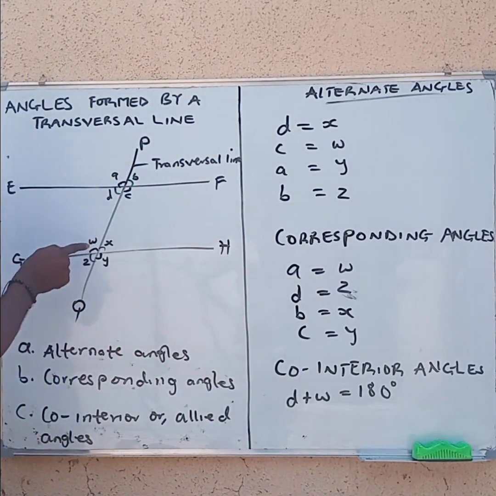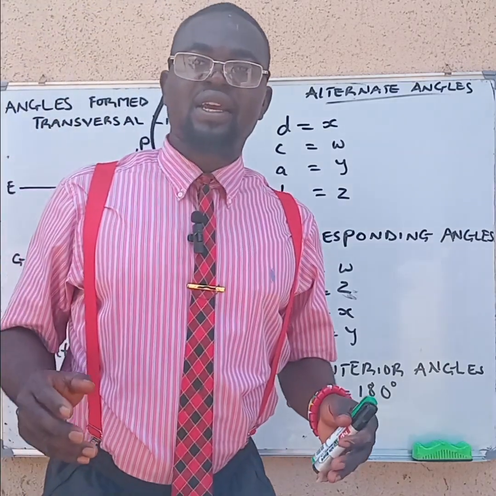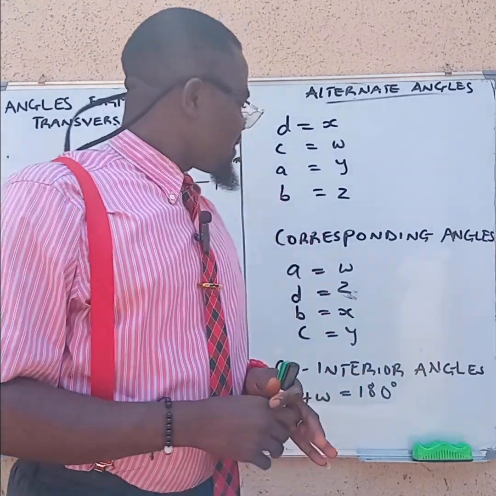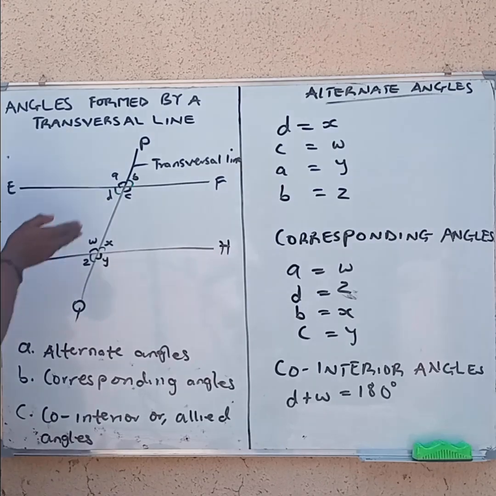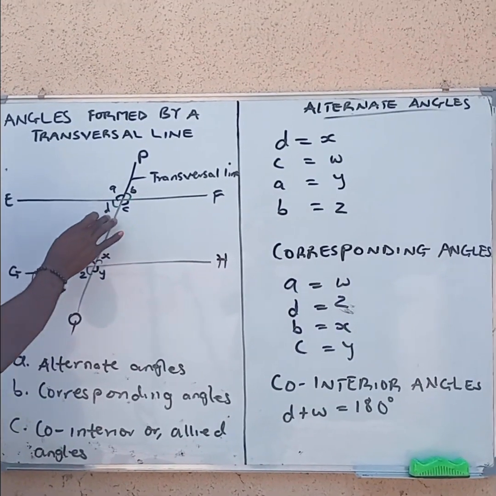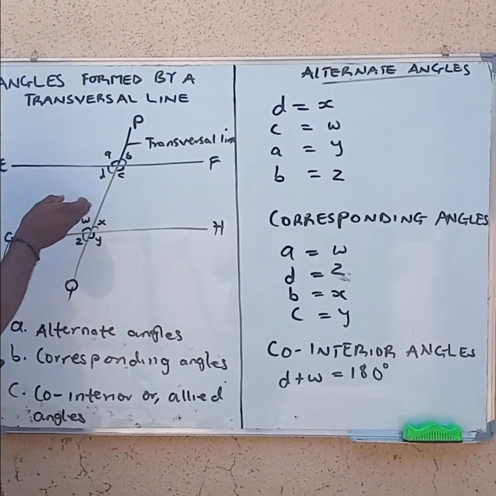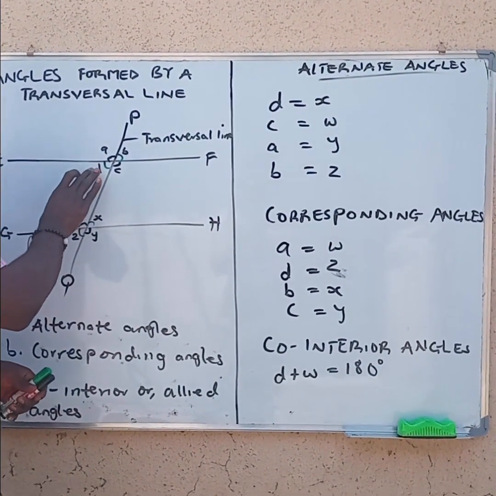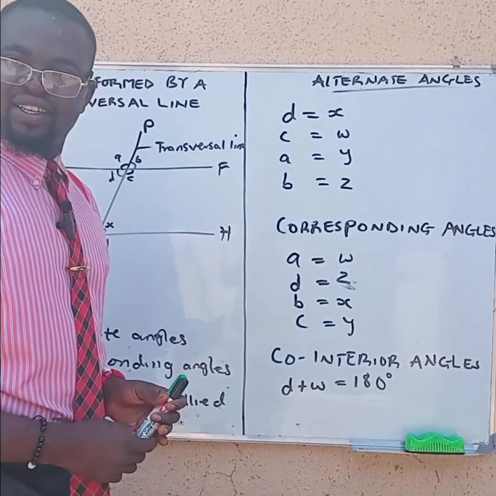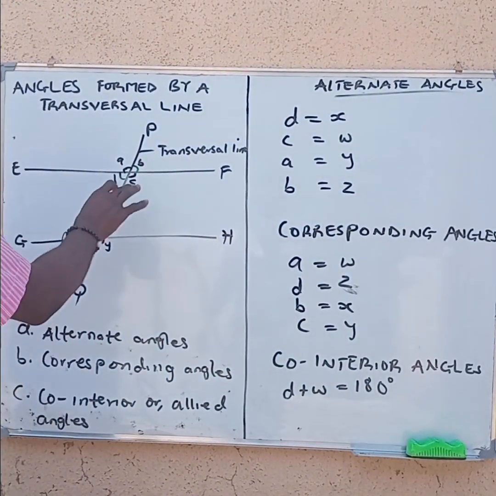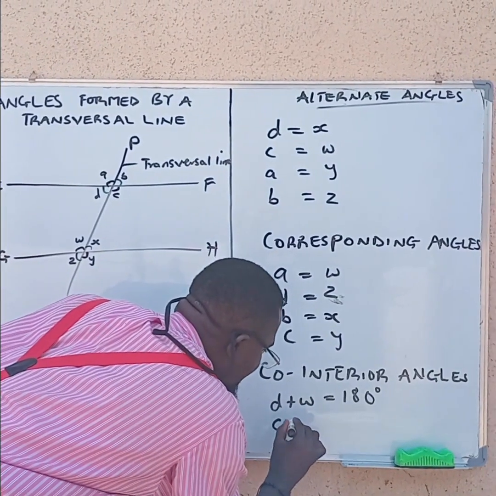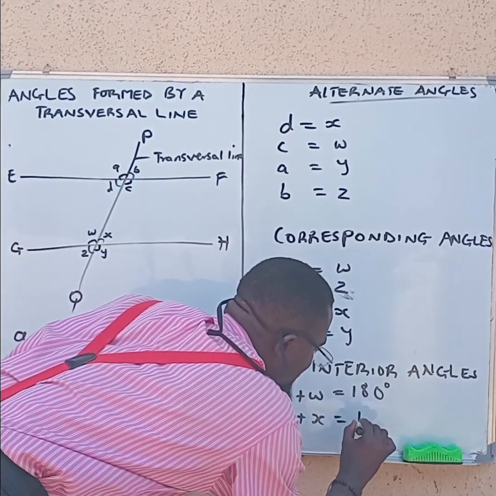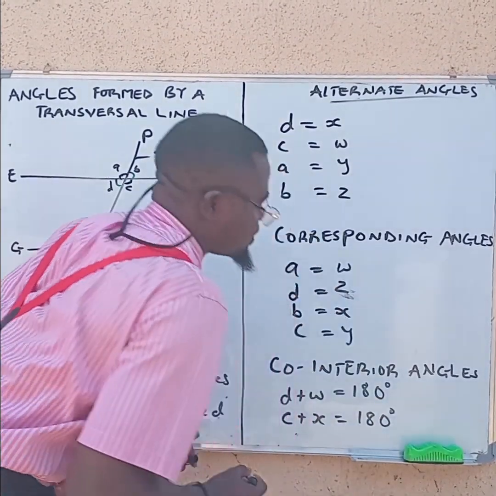D and W are on the same line, and we know that angles on a straight line equal 180. Then the same thing happens on the other side, C and X. So we say that C plus X is also equal to